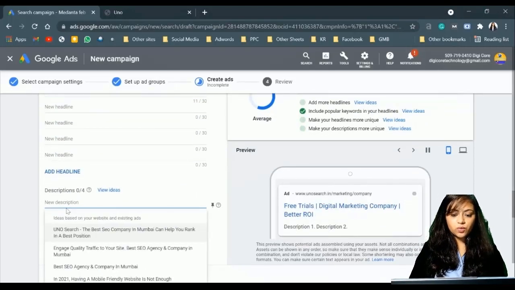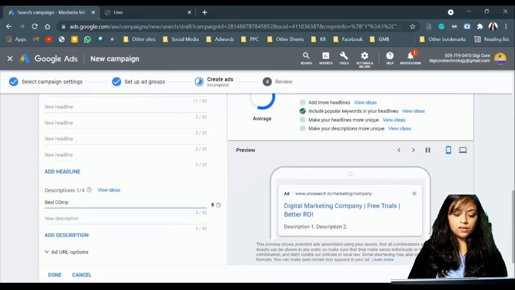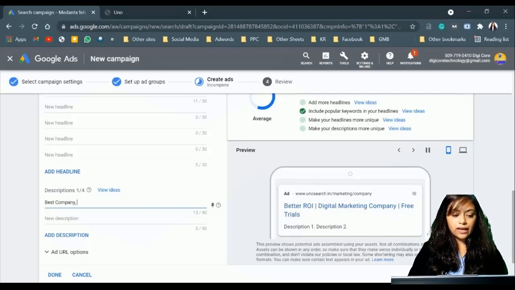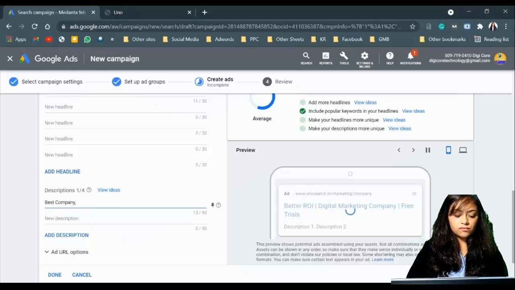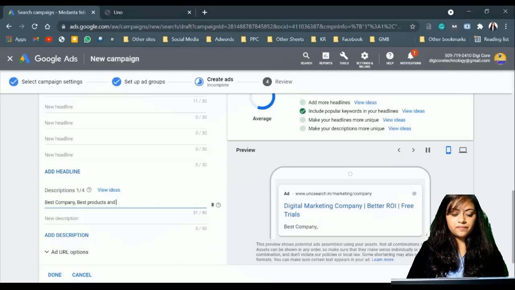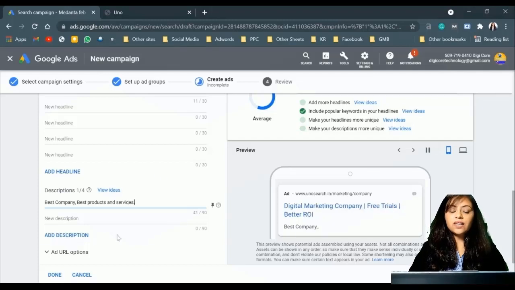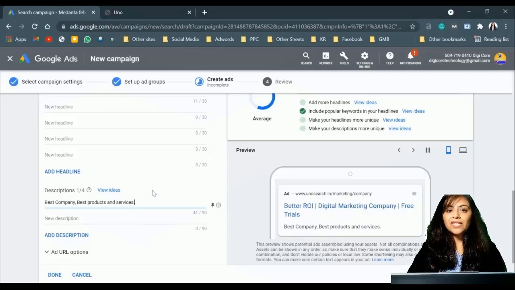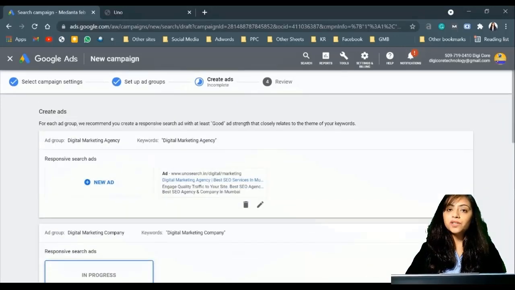You can add descriptions over here: best company, best products and services. This is just a demo, so you can add your descriptions accordingly to optimize it successfully, as we have done in the first ad.